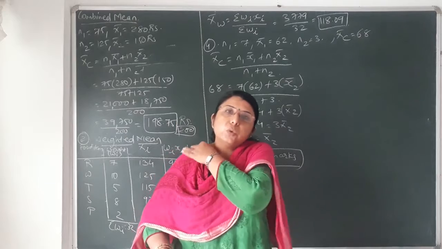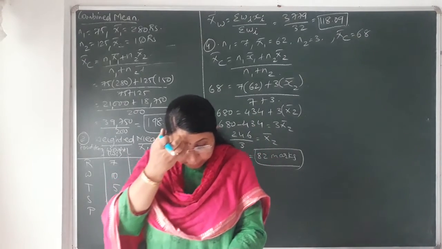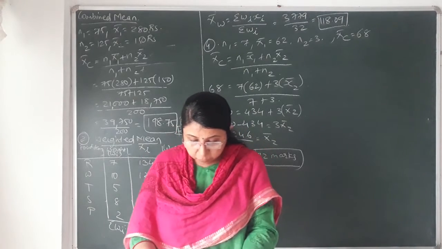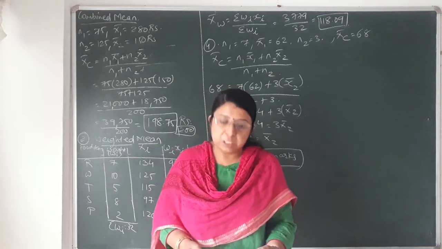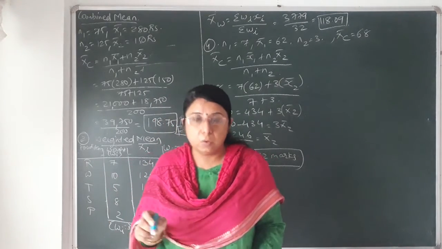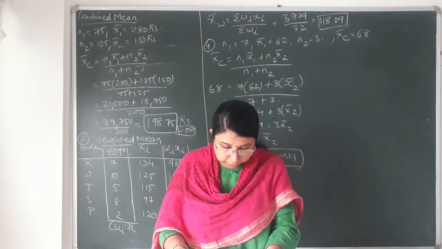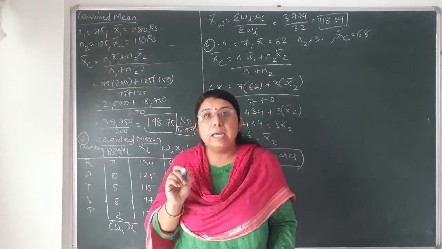It is clearly given to you to find the weighted mean. Okay, what is the data given to you in the table? First one, that is food item: rice, wheat, tea, sugar and pulses. There are 5 different food items data that is being given to you. Second one, that is weight. Weight is denoted by Wi. Okay, then afterwards next is percentage change in price. That will be denoted by Xi.